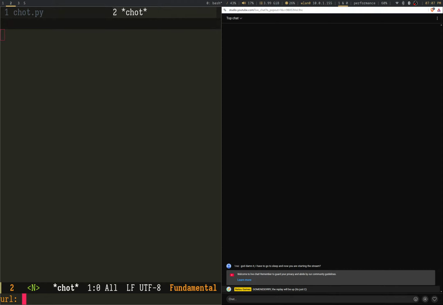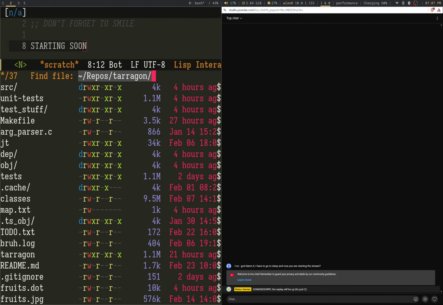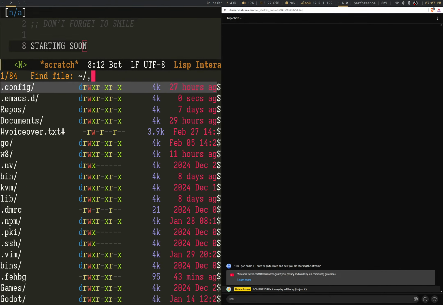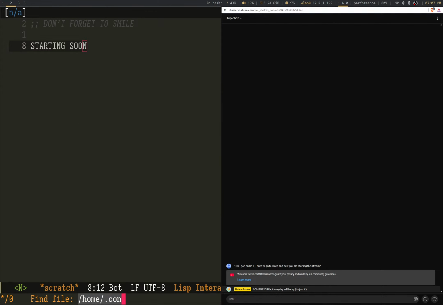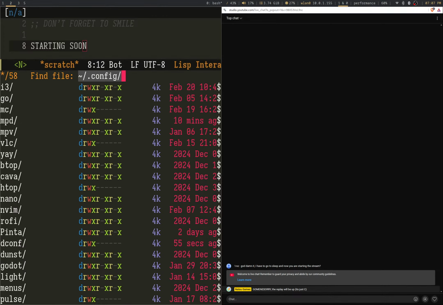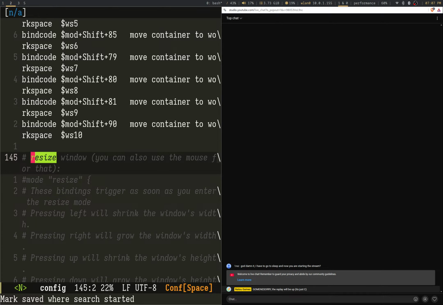Just gonna close this tab. Oops. And config. How do I resize it here?